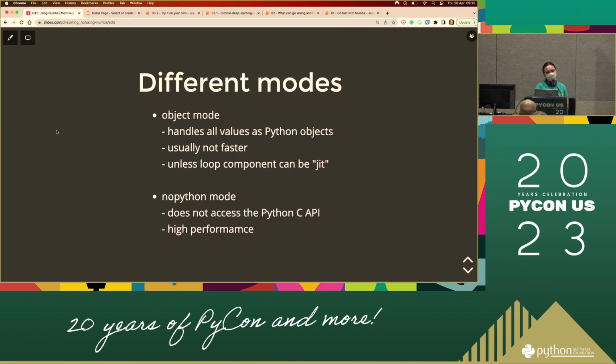If you are using those Python objects, then you can't use nopython mode because they are Python objects and Numba doesn't understand them. So you have to use something called object mode, which can still handle Python objects, but for the bits that it sees you can bypass, it will bypass them. So it's kind of a middle ground between not doing anything and using nopython mode. It sometimes makes your life easier, but then you have no control over what is actually being done.